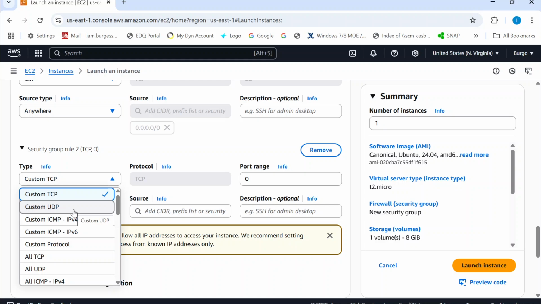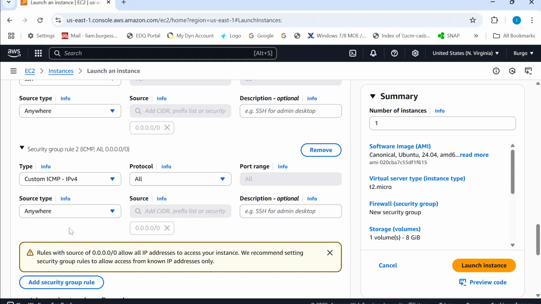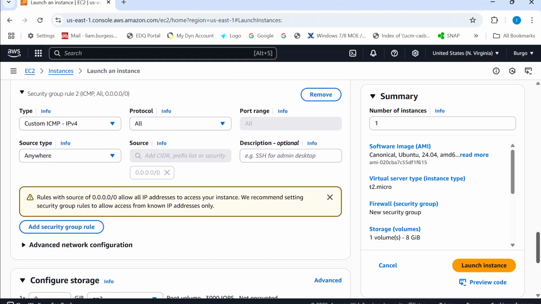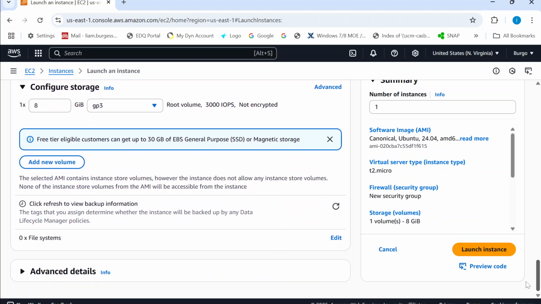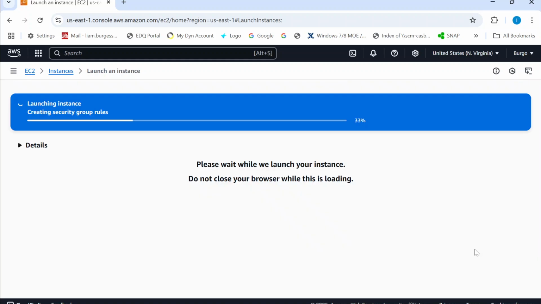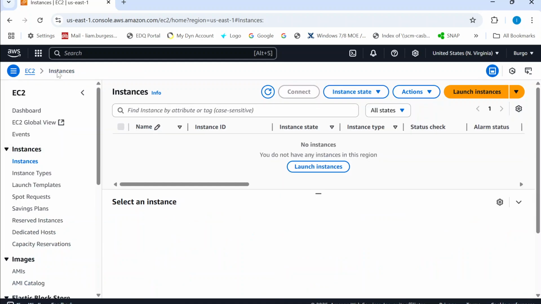It's going to be ICMP and IPv4 should be fine anywhere. And that should be the first instance, launch instance, and whilst we wait for the launching of that instance, we will go and launch the second